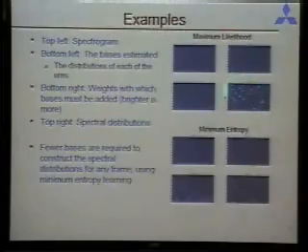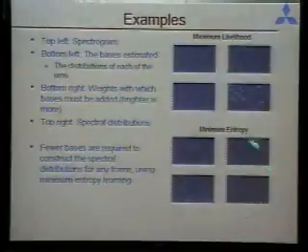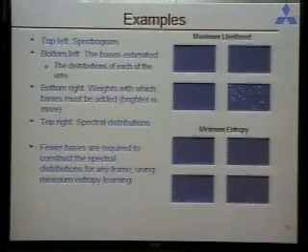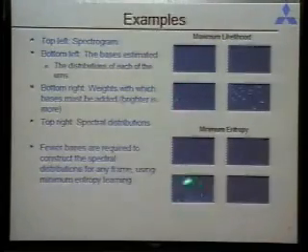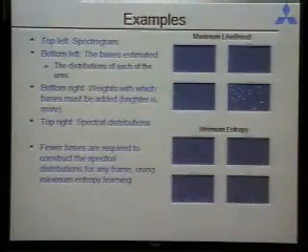So the more dots in this picture, the more bases I'm using to reconstruct the spectrogram. Now, if I do the same thing using a minimum entropy criterion, you'll find that this one is very sparse. You're not using the bases a whole lot, so you're getting a much sparser decomposition in terms of the bases. Correspondingly, if you compare this basis figure to this, you would find that each of the bases here is much more spectrally rich than the bases up here.